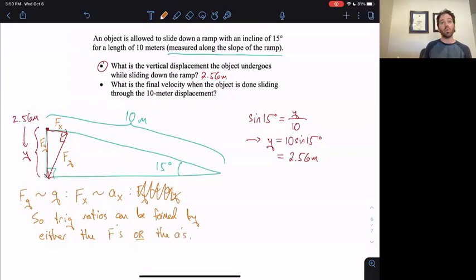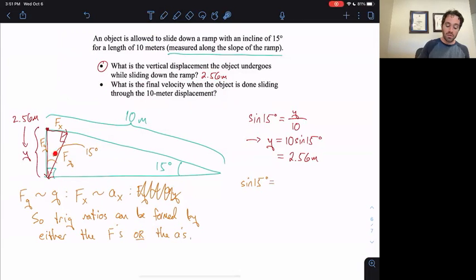Because the A's are the ones that are going to be immediately useful for kinematics, let's just go right for them. That means this 15-degree angle, which is reproduced here. Sorry not to have put that in the diagram sooner, but that right there is our 15-degree angle. And what that tells us is that the sine of 15